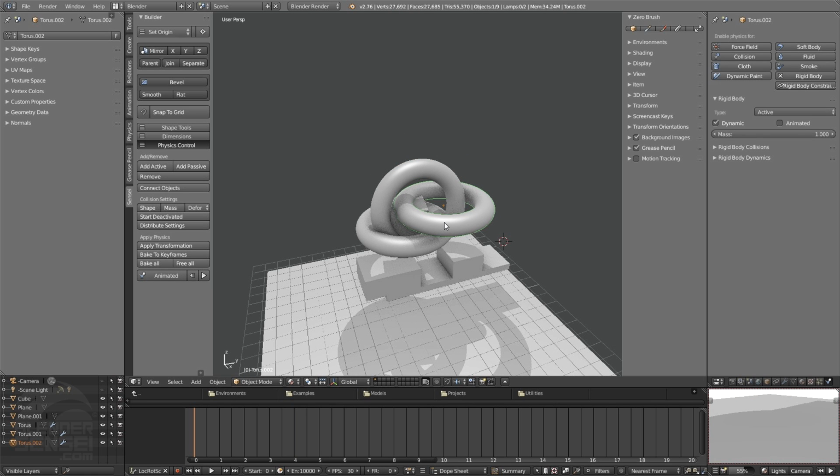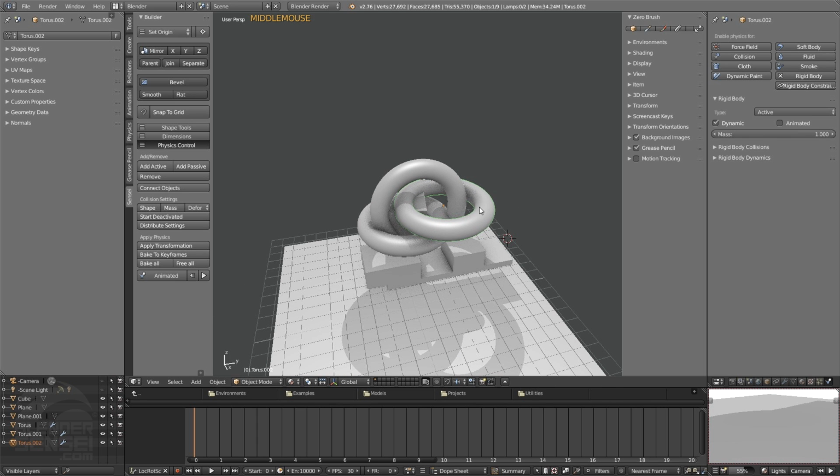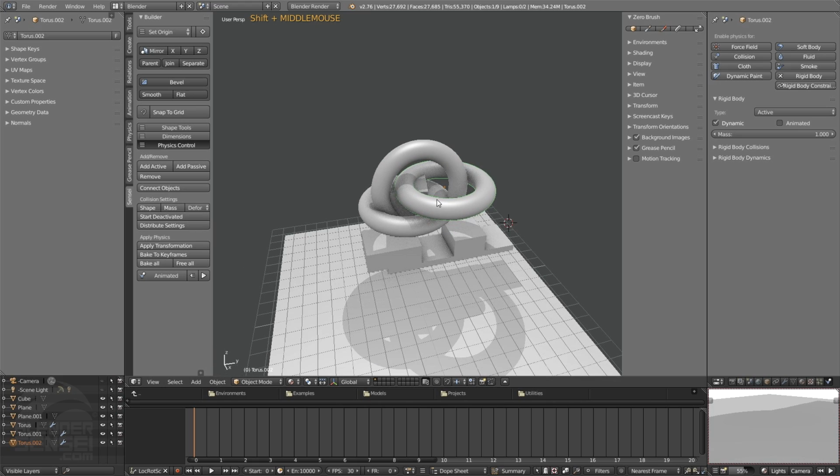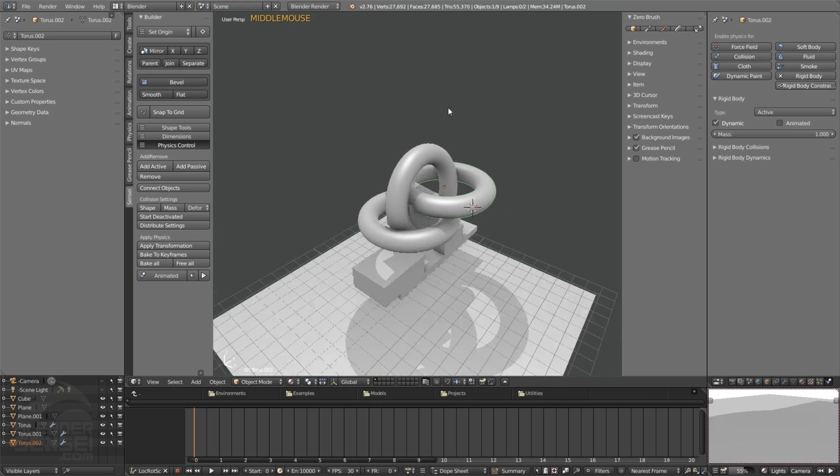In the next video, we'll discuss how to set an object's center of gravity and these collision settings here. We'll also get into using rigid body constraints, which allows us to do a lot of super